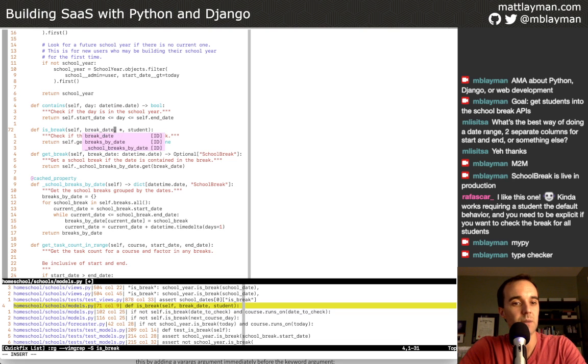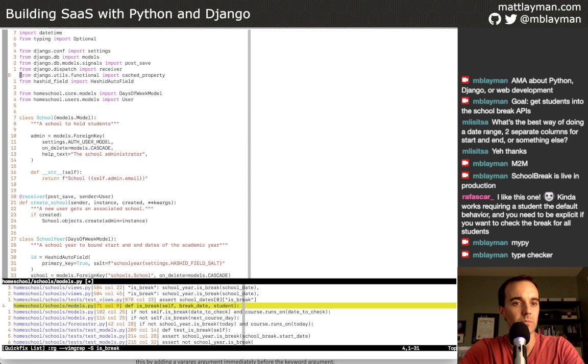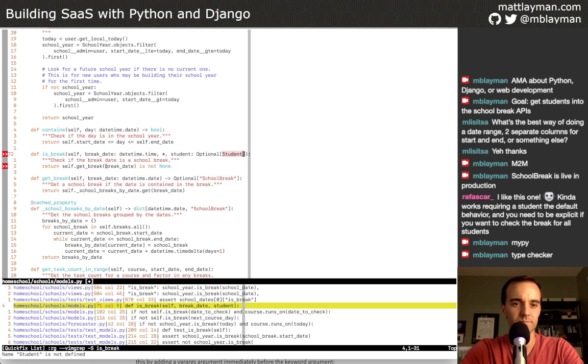So let's modify this to give the type signature here. I'm kind of sold on this type signature, and we're going to add in optional. I don't think I have the student model imported, unfortunately. So we're going to have to bring that one in. Yeah, that's too bad. And that might be a type checking one. We'll try this. We'll see if it works okay, or if it causes a circular dependency. It might. Actually, we can figure that out now.